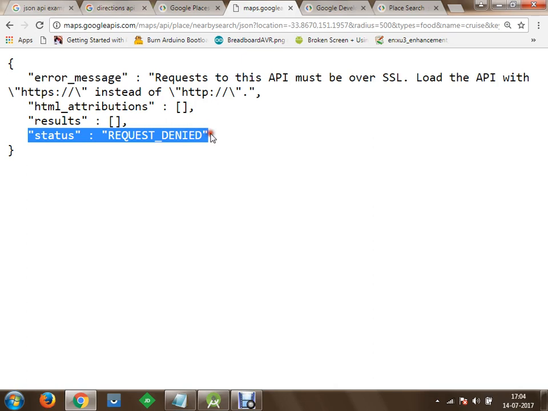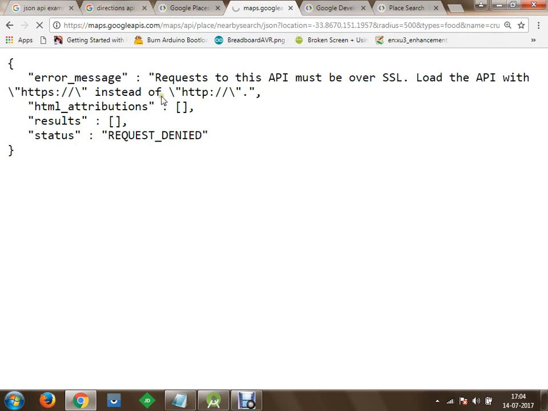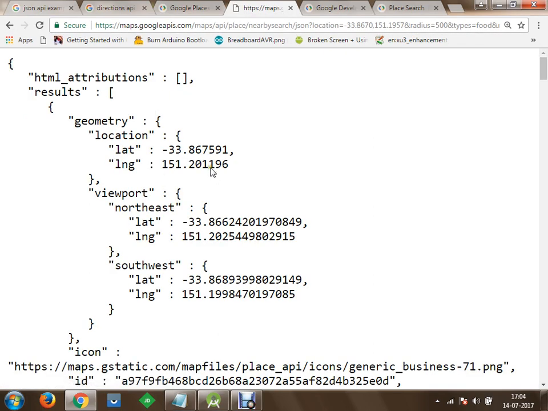So we are going to return this information to the user. Let's just try out the correct way to send a request, and let's say I would like to send an HTTPS request to this website, maps.googleapis.com, and in return you can see that now you are going to get the actual information from the place, whatever place we are searching for.